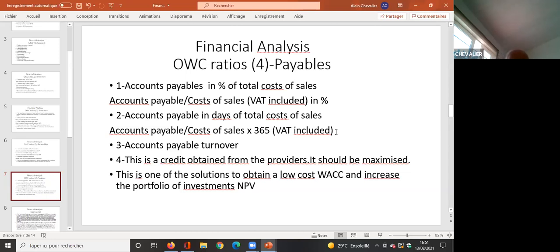Again, one of the probably simpler calculations or results to understand is accounts payable turnover, as we have a turnover on the other side. Okay, and in that case, you can have the same kind of interpretation as we did for receivables. At first examination, we think that the accounts payable should be maximized. Okay, because that means you get credit from your providers, but you have to be careful also